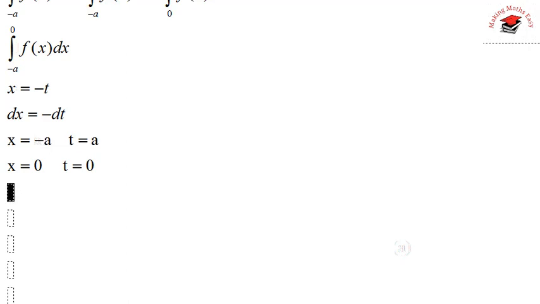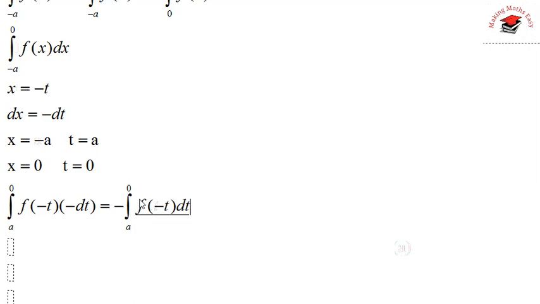So my integral will become, with respect to t, from 0 to a, and instead of f of x we are putting minus t, so it will be f of minus t, and minus dt, negative dt. Because I am substituting minus t instead of x, it will be f of minus t and dt, which is equal to negative of the integral from 0 to a of f of minus t